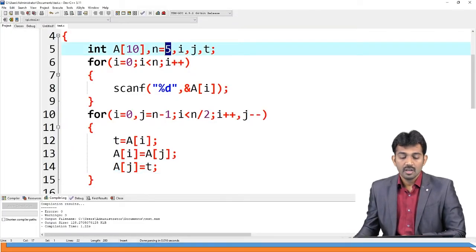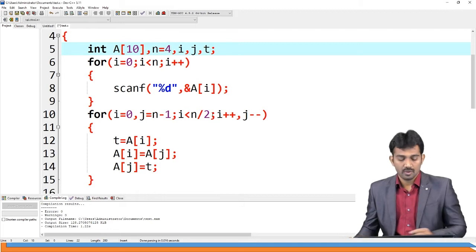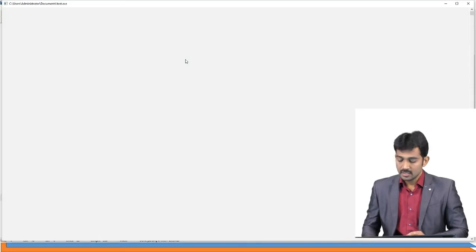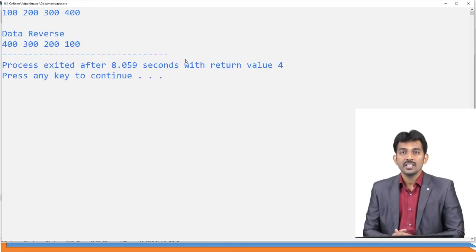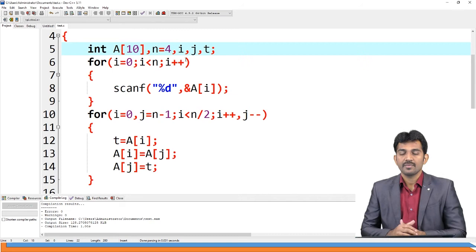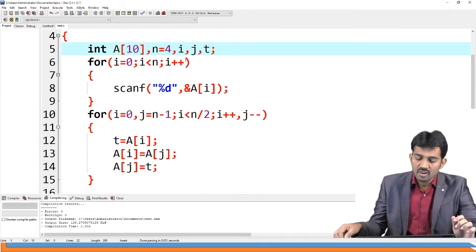For example, here the value is 4. Now see what happened: 100, 200, 300, 400 became 400, 300, 200, 100. Reverse order, right? Without using an extra array. How will it work?